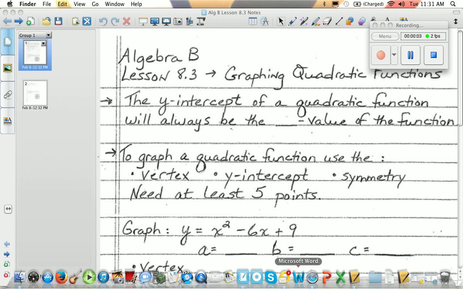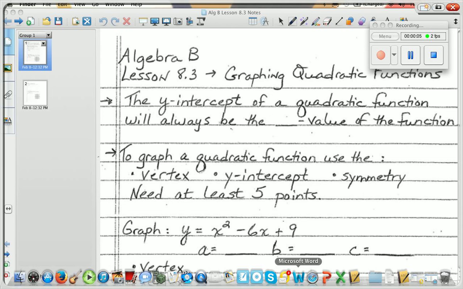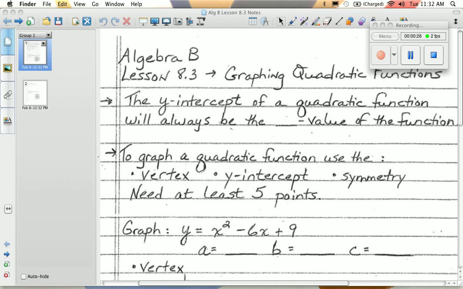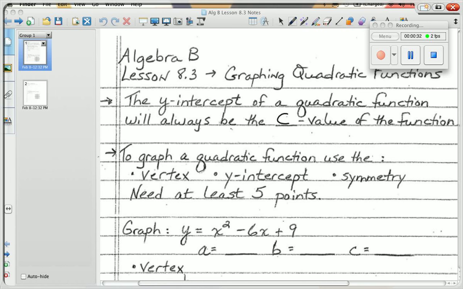Okay, today, instead of using our tables to graph our quadratic functions, let's first start with talking about the y-intercept, because that's one of the points that we're going to use to help us do the graphing. So the y-intercept, you're going to be able to count on if the quadratic function is written in standard form, and we know what standard form is. If the quadratic function is written in standard form, you can count on that c value,